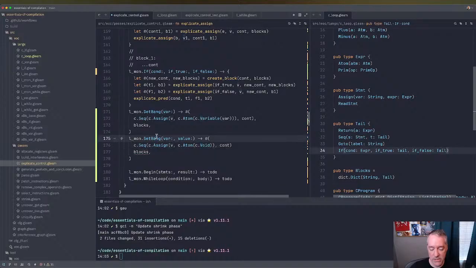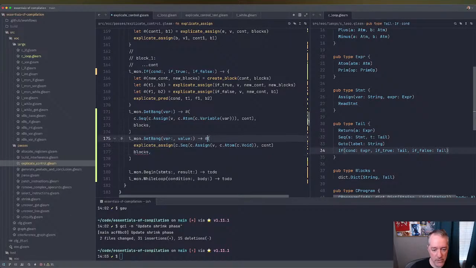Its return type is void. So our input variable gets assigned void. And then we do explicate assign again on that because that's the continuation